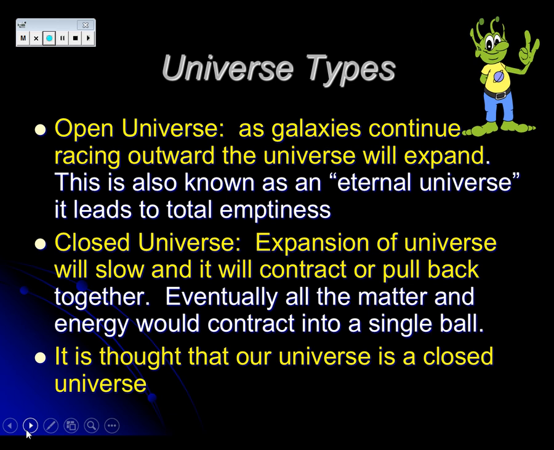Okay, as far as we know, there are two types of universe. There's an open universe and a closed universe. An open universe is expanding forever and ever outward. So imagine a ball that just keeps getting bigger and bigger, and it doesn't pop. A closed universe, which we think our universe is, expands to a point where it can't expand anymore, and then it contracts or pulls back on itself. Imagine blowing up a balloon and then slowly deflating it. That's kind of what a closed universe is, and that, like I said, is what we think our universe is.